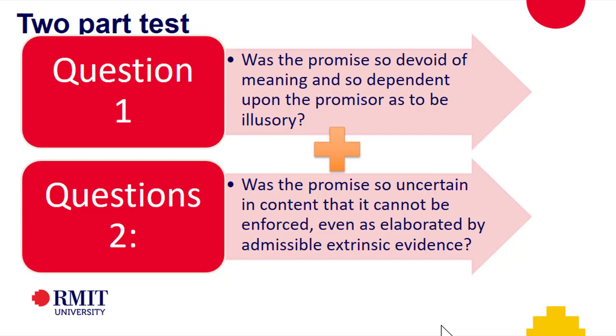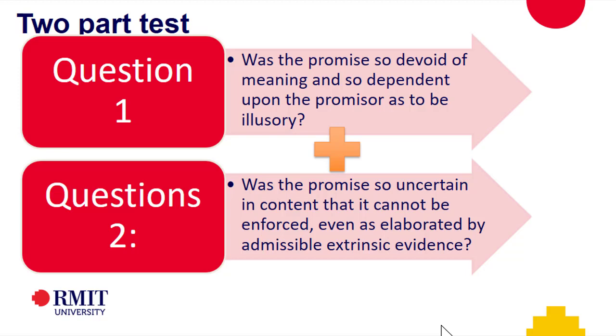So using this test, if we could apply this to Hunter Chilling, might be, well, the first answer is no, it wasn't an illusory promise, and we could make sense of it. So that was a no, yes. Each time, because remember, so would you still need to go to number 2 if you've already said yes, it was an illusory? No, well, because you need to look at both. So they're saying in this one that's a no. So look at the second, can we make sense of it? Can we fetter the discretion in some way?